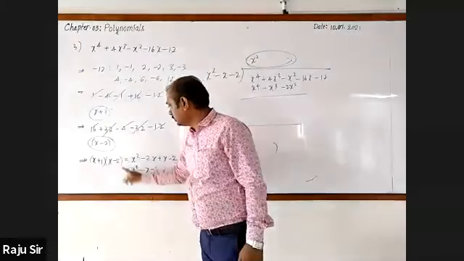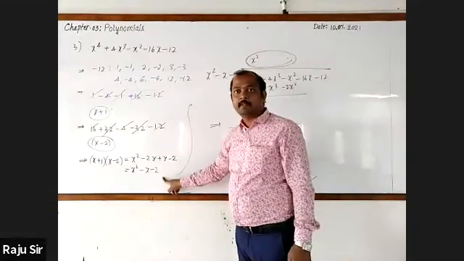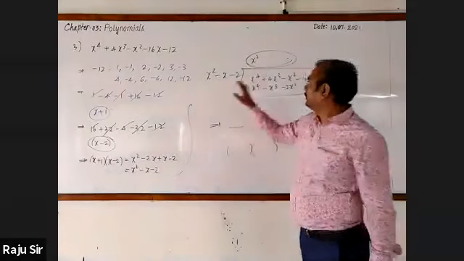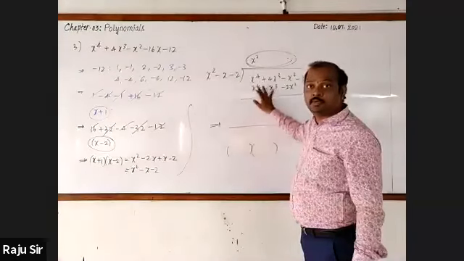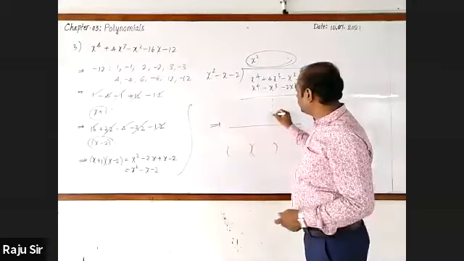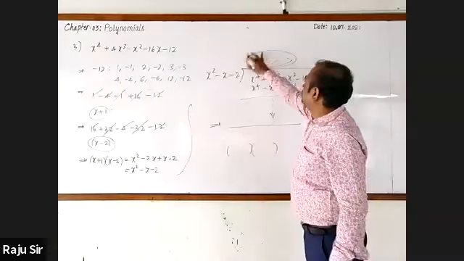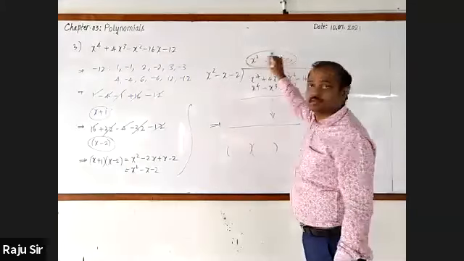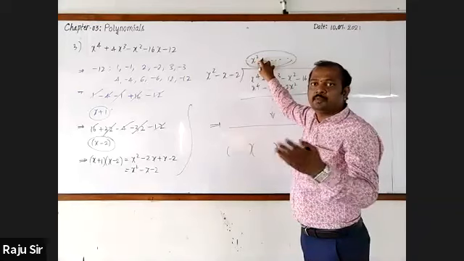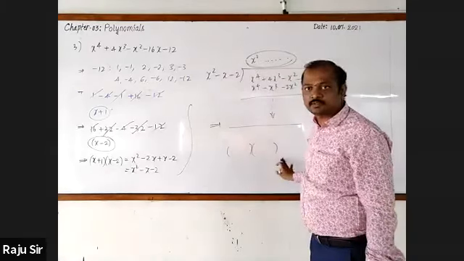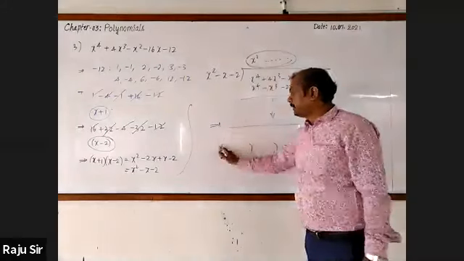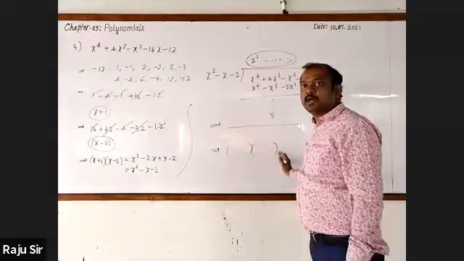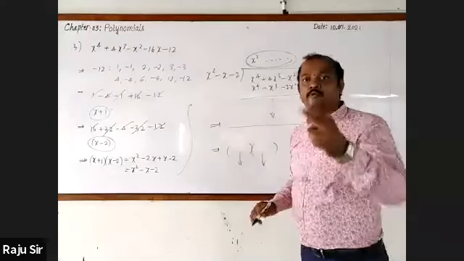Have you understood this one? We have factorized, we have multiplied these two. We got a quadratic polynomial. And this quadratic polynomial should be divided. Then you continue more. Then at last, you'll get a quotient. In the previous problem, we used to take the quotient and factorize. Taking this quadratic polynomial, you should factorize. After factorization, you will get two factors.